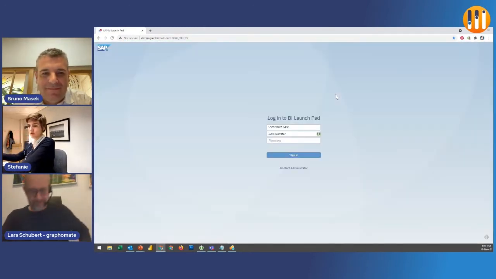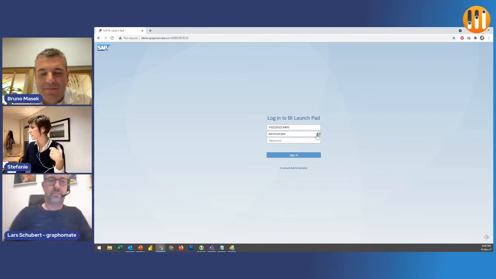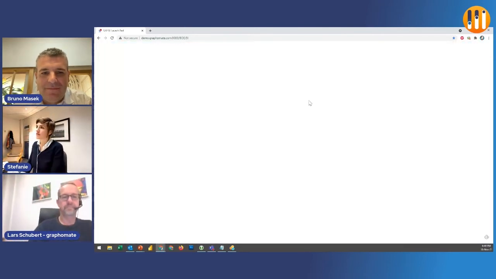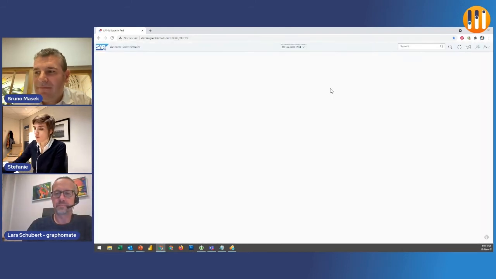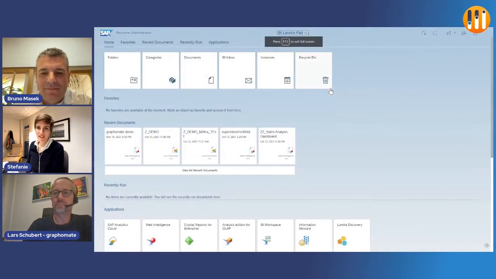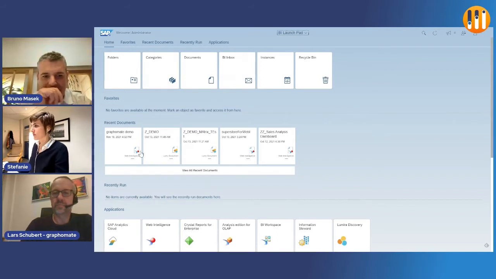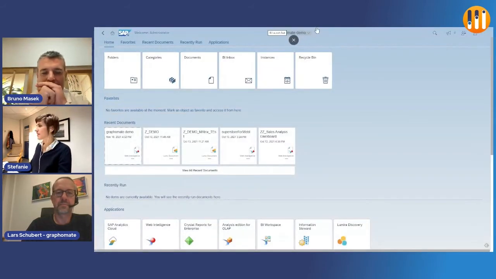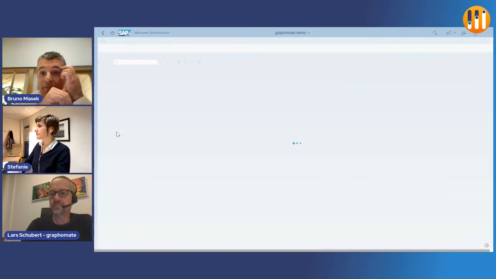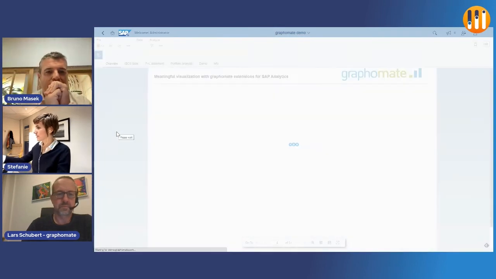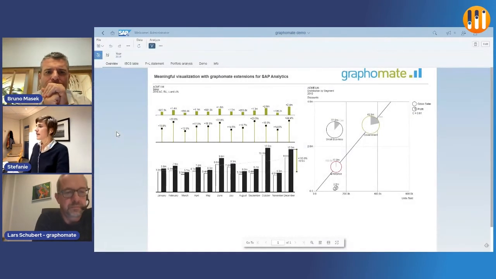So I'm going to move on to the Webby, as everybody knows. And what I really liked about the first session is that shared elements are going to come back, because you can use our extension as a shared element and you can reuse everything and don't have to do the work every time again. So I'm just looking at another screen, don't be confused. I prepared a demonstration, and here we start just with an overview of the Graphomate charts.